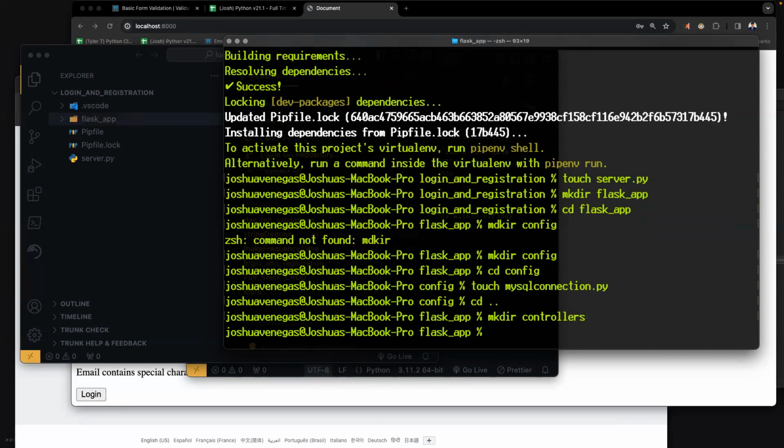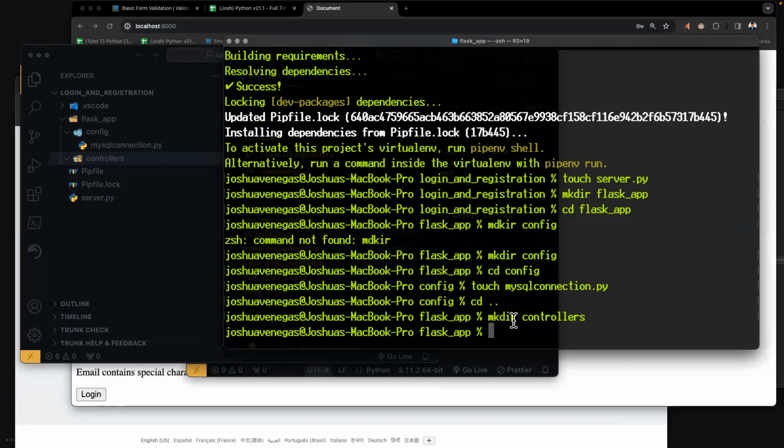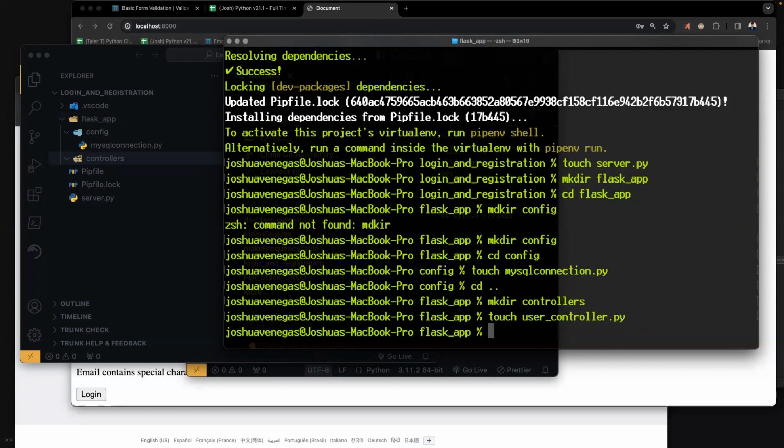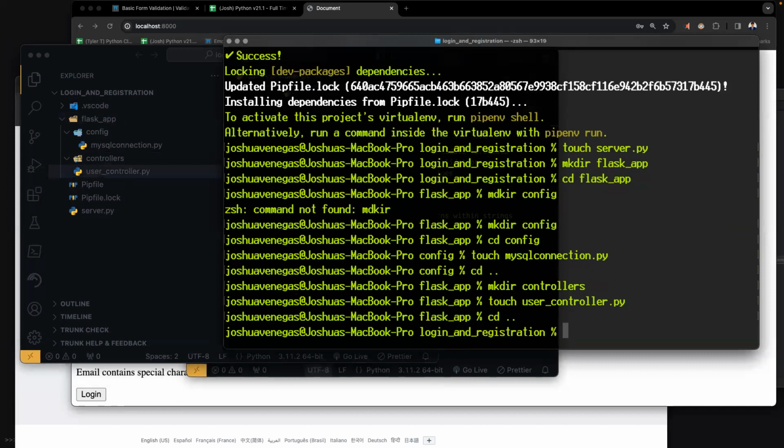Okay, and then inside here, inside my controller, I'm gonna say touch, and I like the way that Kyle created his file. He called it user controller. That way we have a little bit better grasp of what this file is when we reference it. Okay, so we have our user controller. Let's come out of here. And then I'm going to say